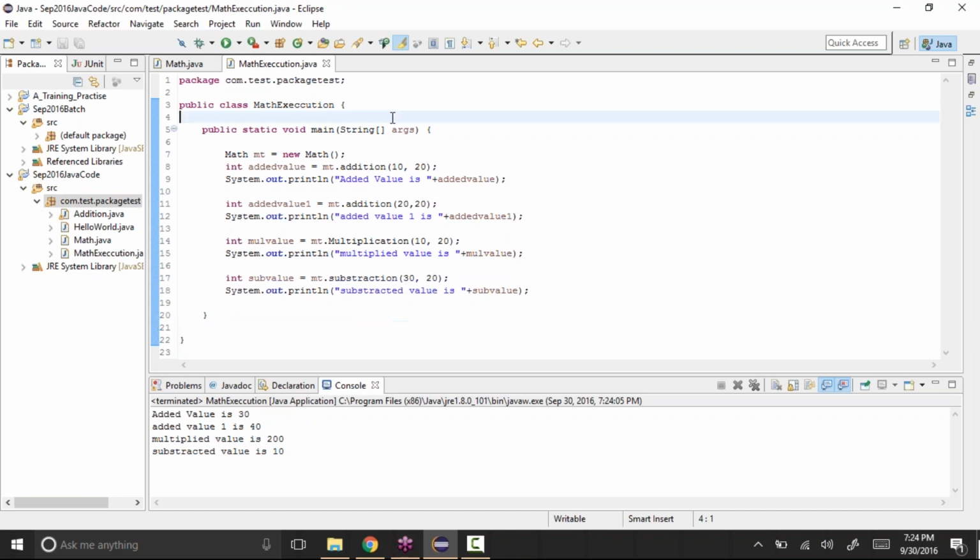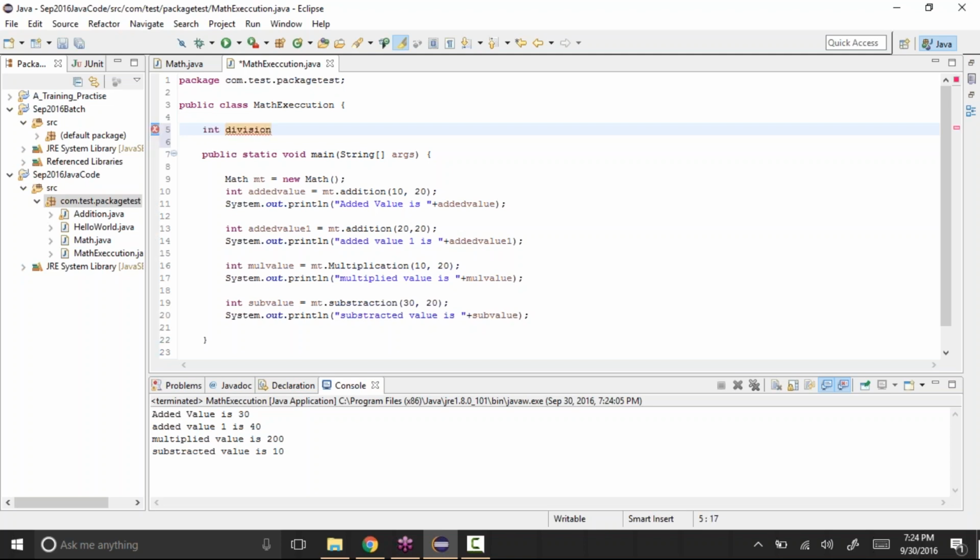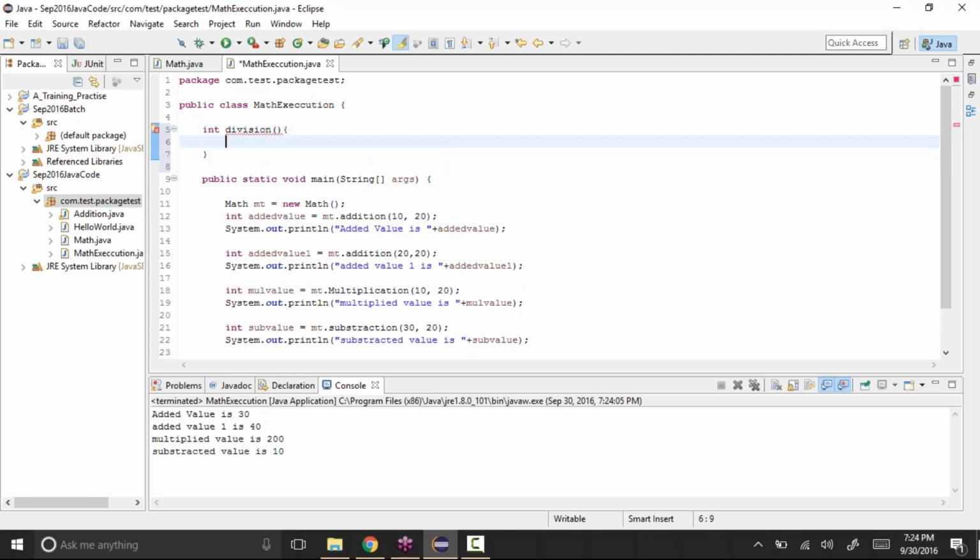And in this class also, you can have your own methods. So let's say I'll create one more method here. Let's say the method name is division. See, int division of open and close brackets, and it's returning a value.